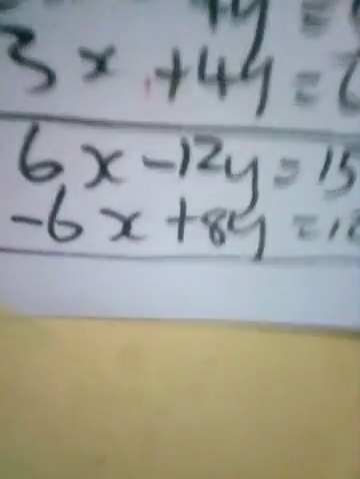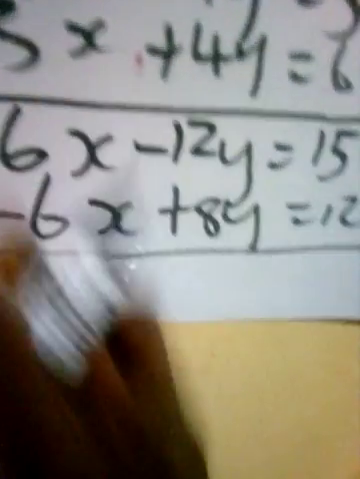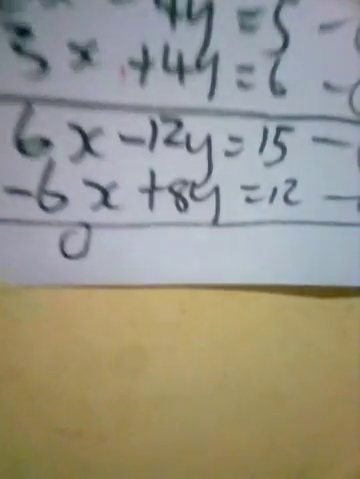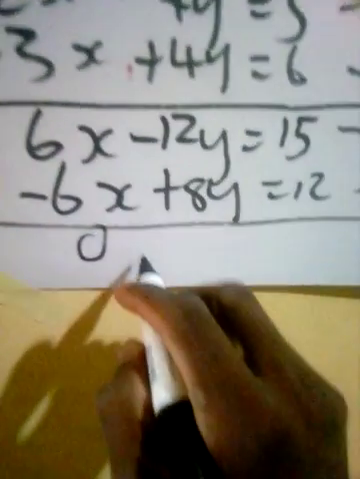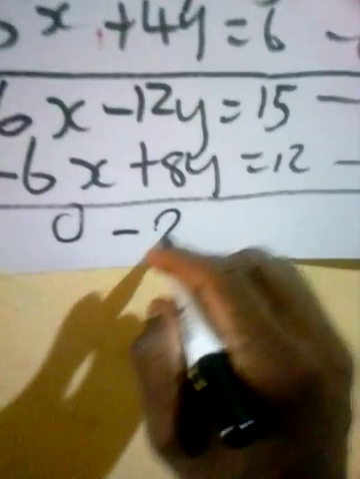Now since I have the same number, if I want to remove them, I'll have to add them, so that I'll have 6x plus minus 6x, giving me 0. So everything gives me 0. And minus 12 plus 8 gives me